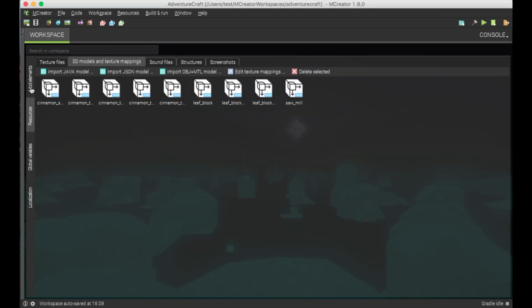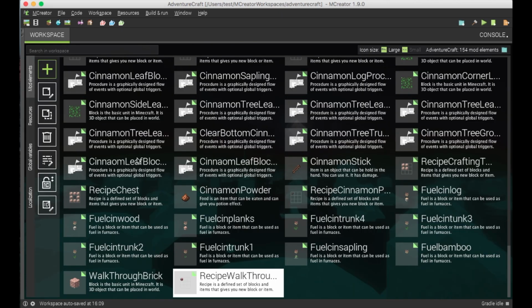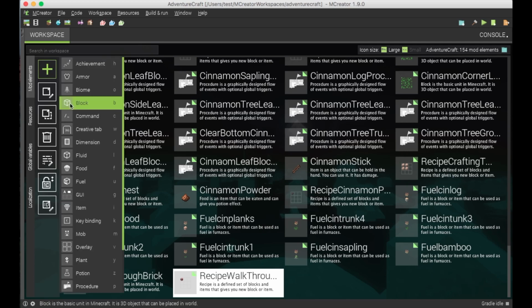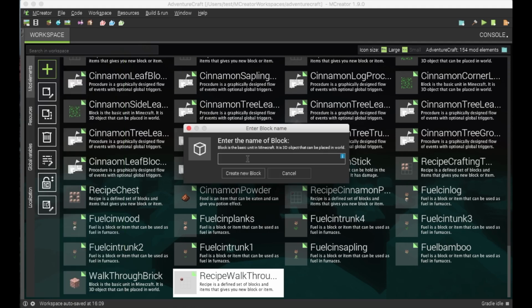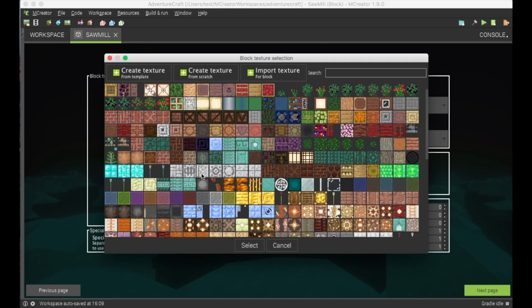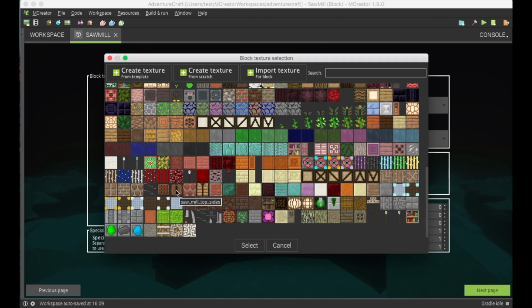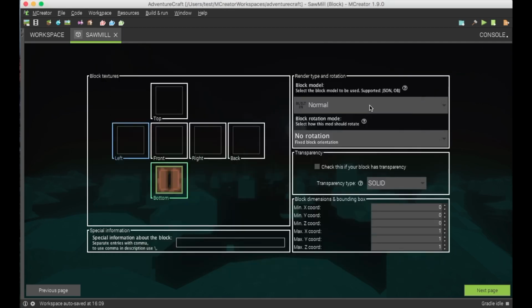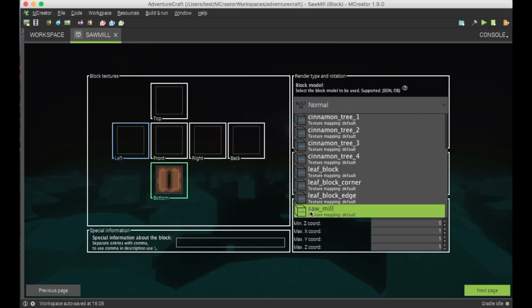Okay, once you have your model, if you have one, and textures imported into MCreator, you can go to your mod elements area and click the plus icon and create a new block. I will be, of course, calling this a sawmill, and I'll just be choosing a quick visual texture, and then the custom